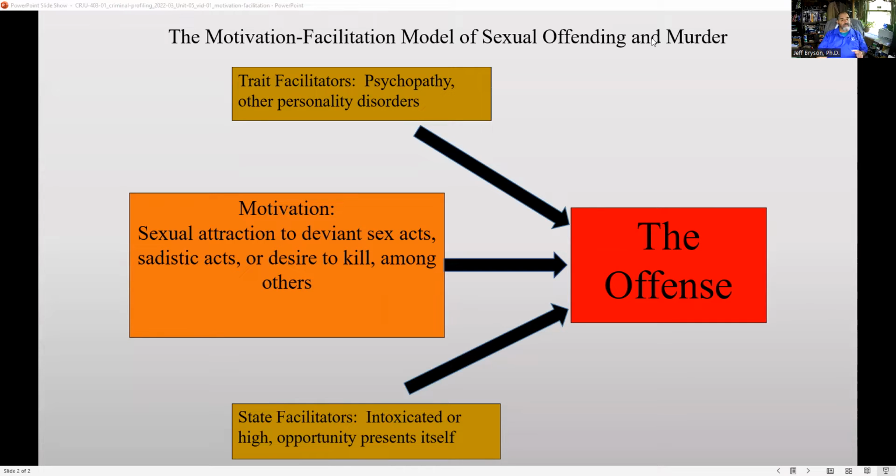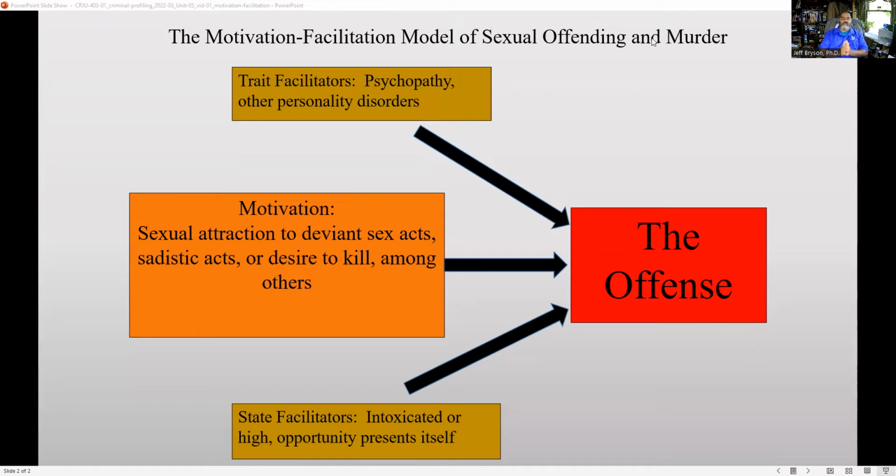An opportunity presents itself. In other words, they've already got the motivation, and they're not looking for an opportunity, but all of a sudden an opportunity presents itself. So they take advantage of that opportunity. There are many sex offenders that are opportunistic. And murderers as well, although murderers tend to go out looking. Not all sex offenders tend to go out looking. Okay, so now those are facilitators, meaning these are things that help them facilitate the decision to commit the offense.